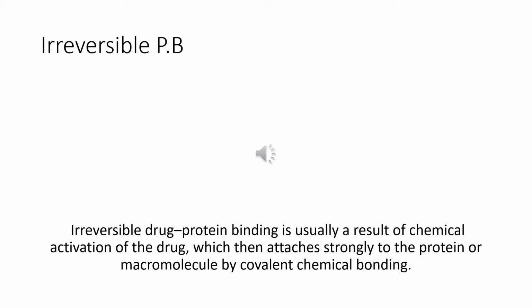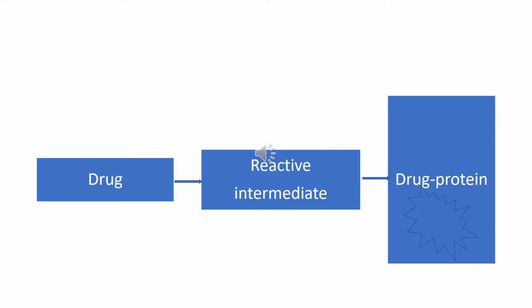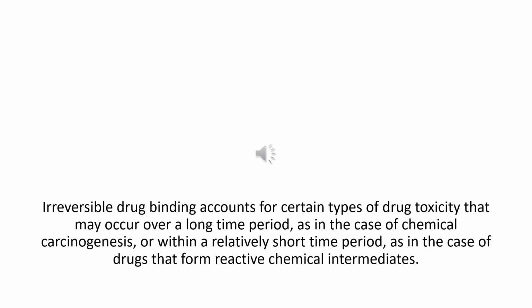It might convert into a chemically reactive intermediate, and now that intermediate is ready to interact with proteins or macromolecules by chemical bonding. The bond will be a strong covalent bond. So here we can see that the necessary step involved is formation of a reactive intermediate first, and then a complex is formed through a covalent bond. The irreversible drug protein binding might cause toxicity that could be long term, like the chemical carcinogenesis, or it could